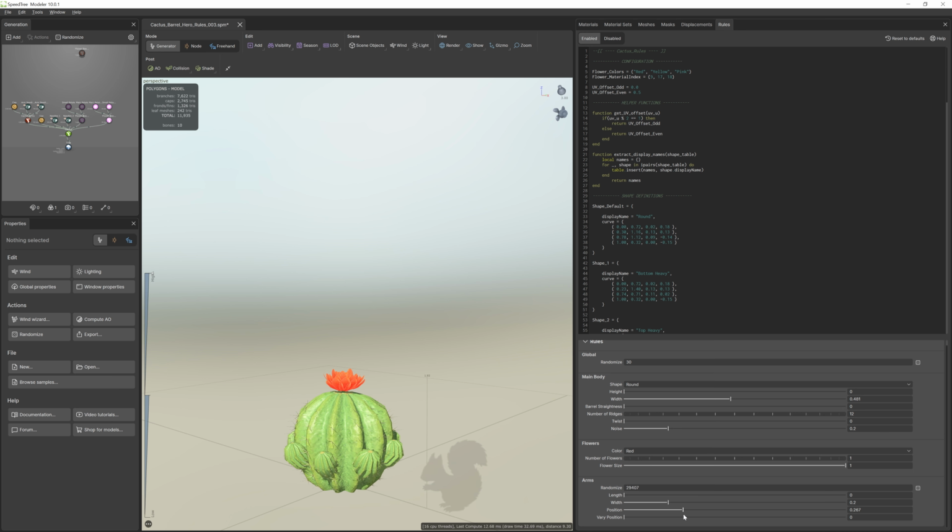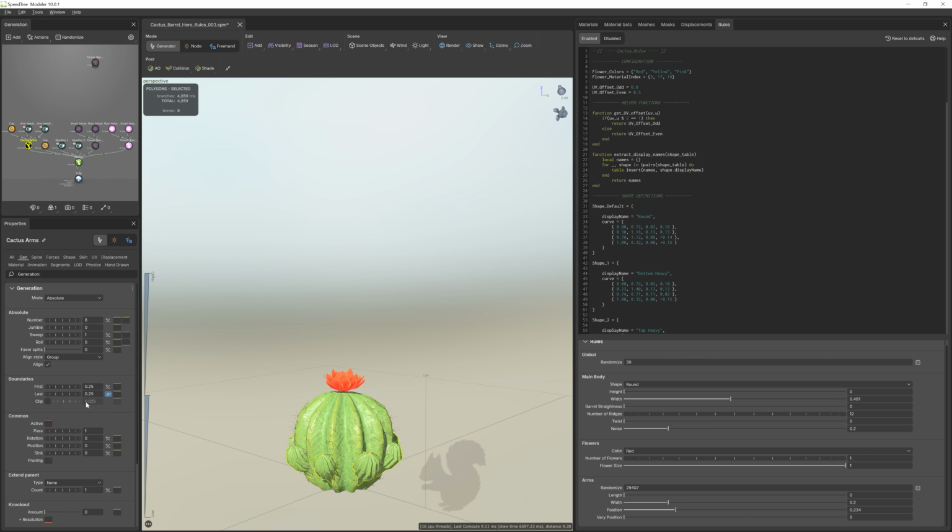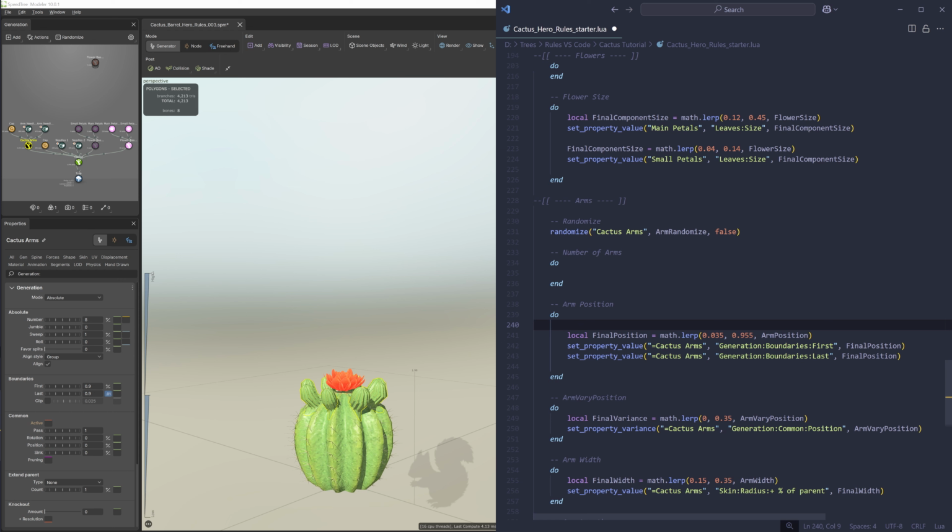So let's do something similar to what we did in the twist rule and adjust our max and min first and last boundaries relative to the height. Pause the video if you want to try to figure it out yourself. Okay, so what I can do is make a minimum position variable, then I'll lerp between the minimum first boundary when height is at 0 to the minimum first boundary when height is at 1. So 0.2 will be my first boundary when height is set at 0. I'll choose my first boundary when height is at 1 in a moment.